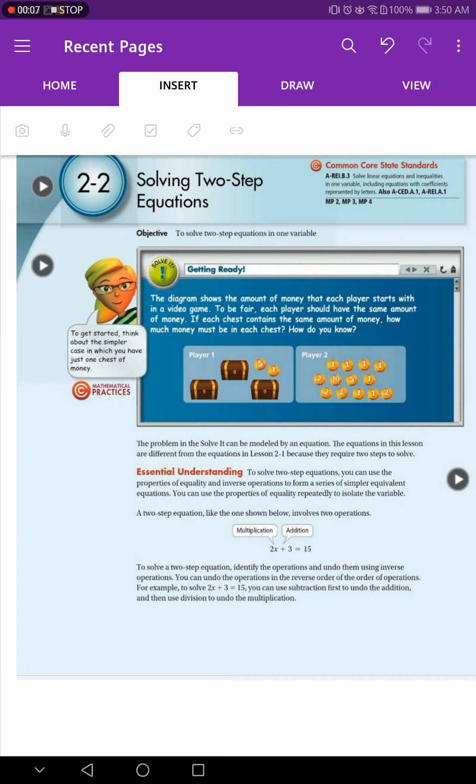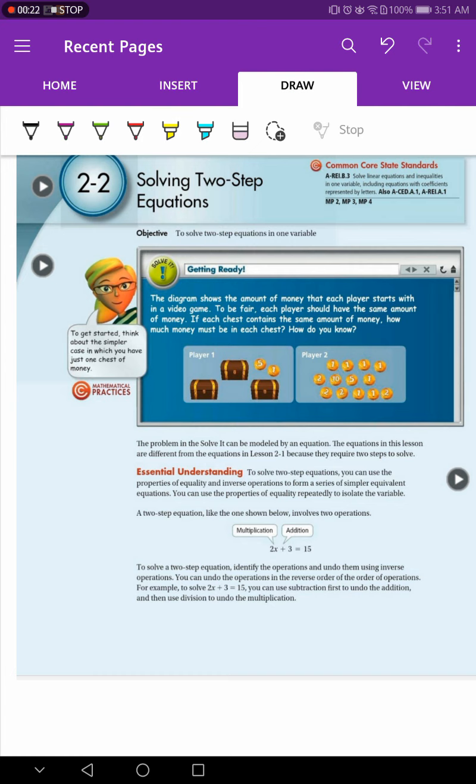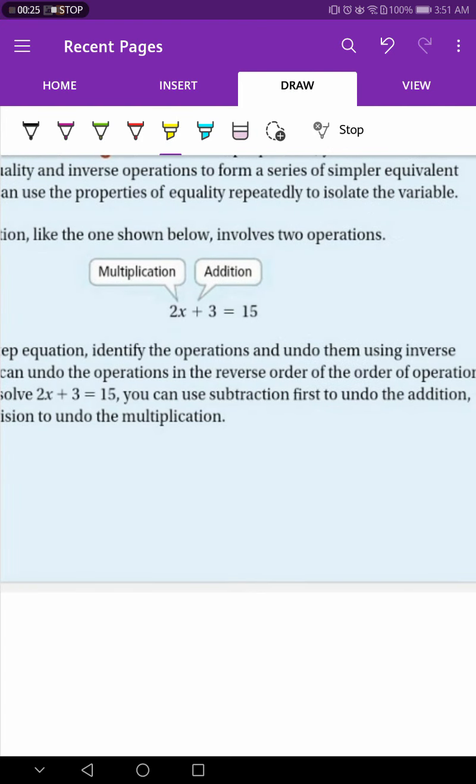Our mission today: solving two-step equations. And our objective is to solve a two-step equation in one variable. Okay? Let us start. I will take this example and show you how we can solve